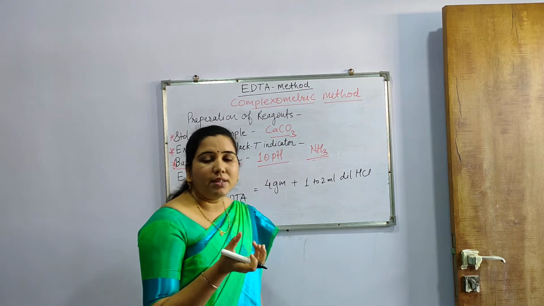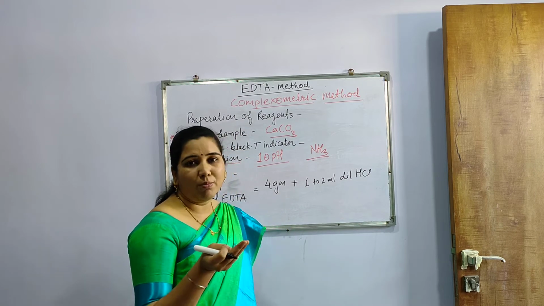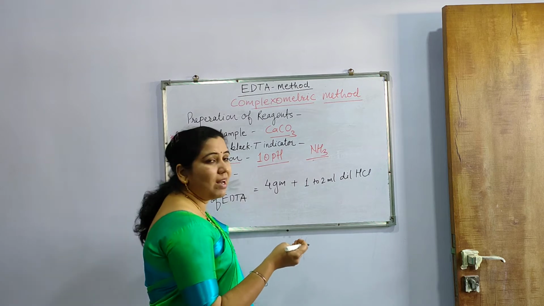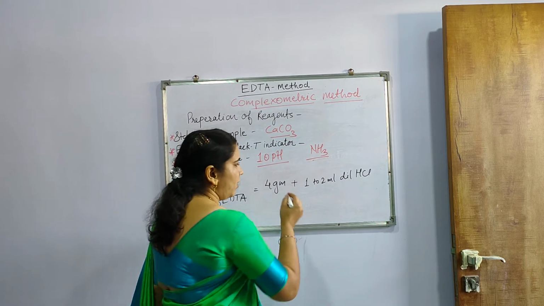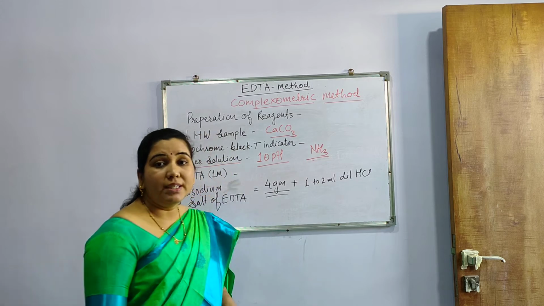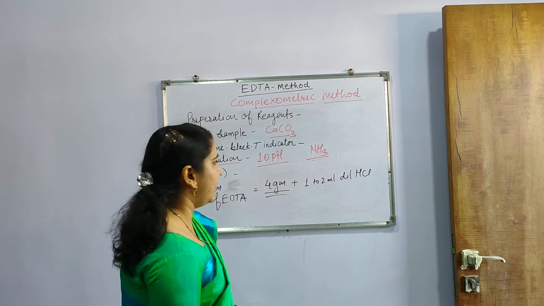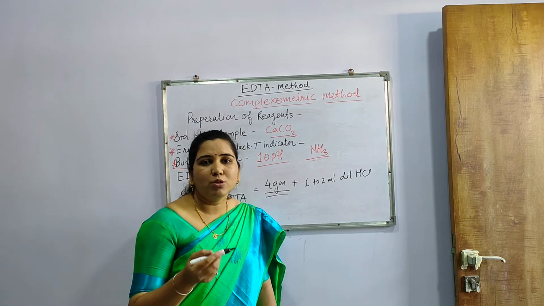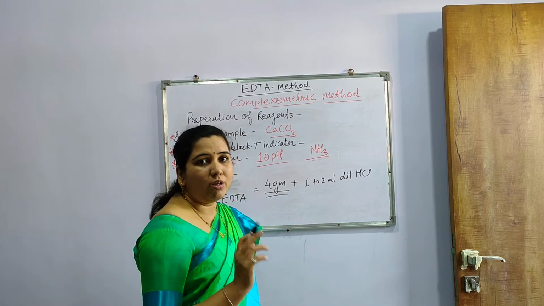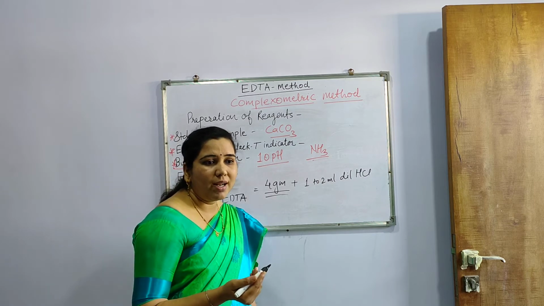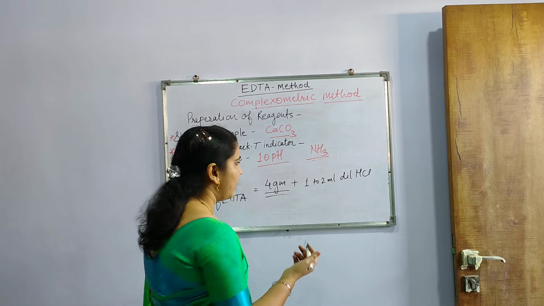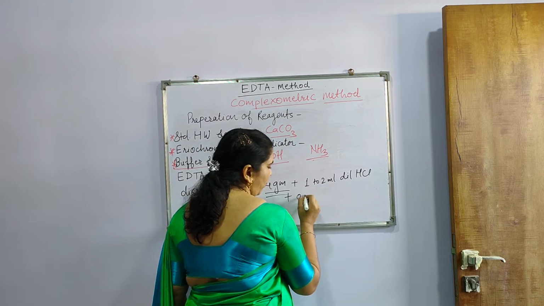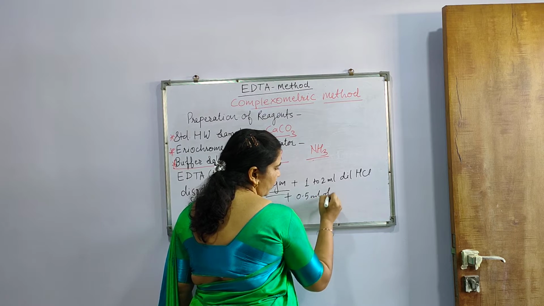Then take it in a small container, or we can say a small petri dish, or that watch glass. In that watch glass, take 4 gram of solid EDTA, in which you will have to add 1 to 2 ml of dilute HCl. Then stir it well so that it should be dried. If not, then place it on the burner for just a few seconds, so that the total acid should be removed, and in it add 0.5